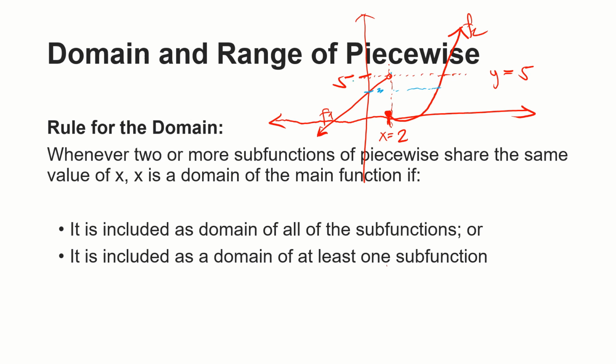And then if we look at y is equal to 5, for our graph number 1, for our graph of subfunction 1, 5 is not included because we have a hole. However, if we look at the graph of our second subfunction, 5 is an included value. So we do not see any hole in our second graph. So therefore, according to the rule,